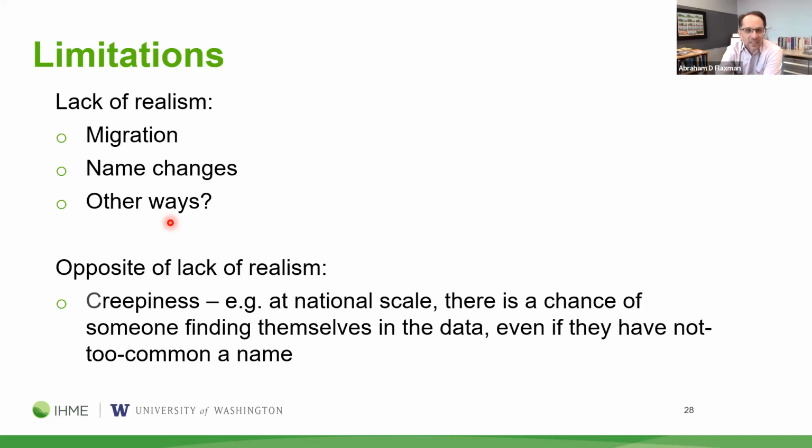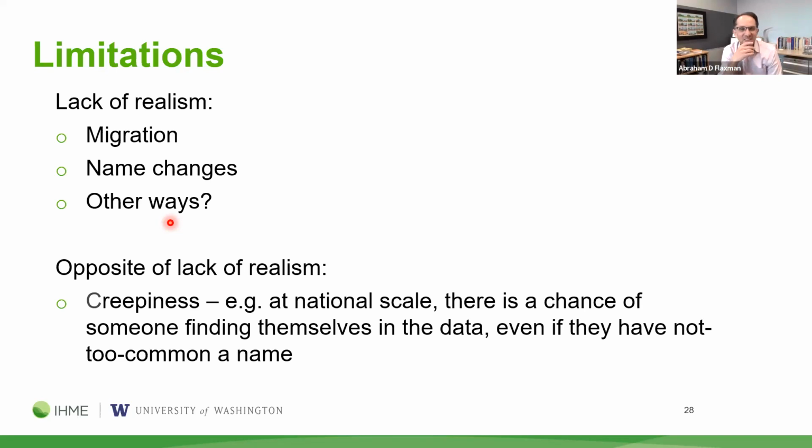Name changes, another great example. One very hard thing about doing this fuzzy matching when we were linking on names is that people change their names for a range of reasons. Marriage being an important one, which, by the way, might be coupled with migration, or at least changing official addresses. And I'm sure there are tons of other ways that you have been wondering about, or maybe even examining in the demo as I've been talking about this. Which ones shall we prioritize? That's one of the important limitations and questions for future research.